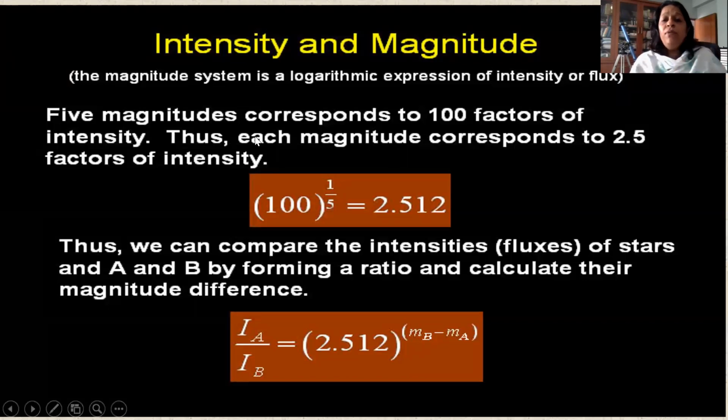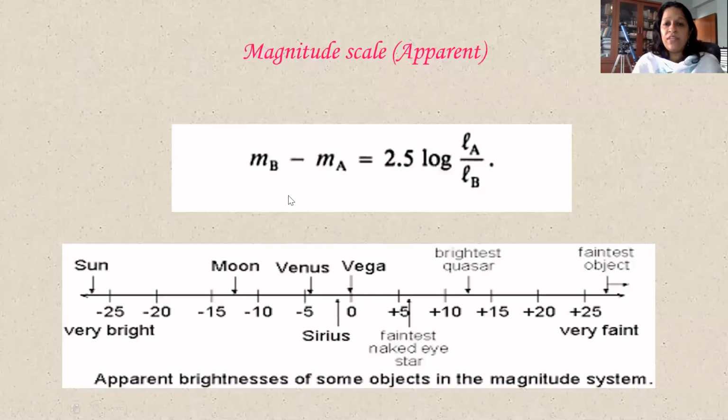So now here I have the formal formula in terms of magnitudes. Like I told you, 5 magnitudes gives you a difference of 100. So if you take the fifth root of 100, you get a factor of 2.512, right? So this tells you the difference between different magnitude scales. Therefore, if I had two stars which had magnitudes MA and MB, and I were to take the ratio of their fluxes, the ratio of the fluxes would be 2.512 to the power of MB minus MA. Like I told you, if it is 0, you would have 1. If it is 1, you'll have 2.512. And accordingly, you can put the formula, which is MB minus MA equals 2.512 log